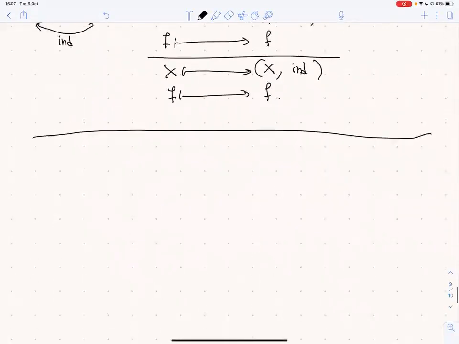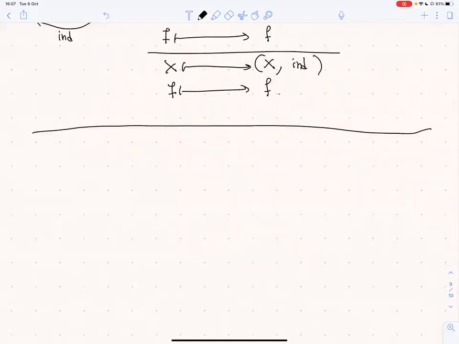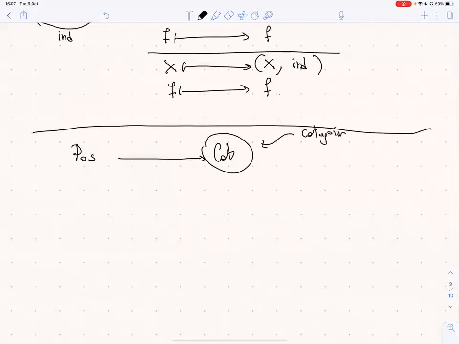So another example that I really care about is the functor which goes from Posets to Cat. Again, in Cat we have categories and functors. And I didn't tell you, but this is quite evident, functors can be composed. So if I have a functor F and a functor G, then F composed with G is still a functor. And again, there is not much to prove there.